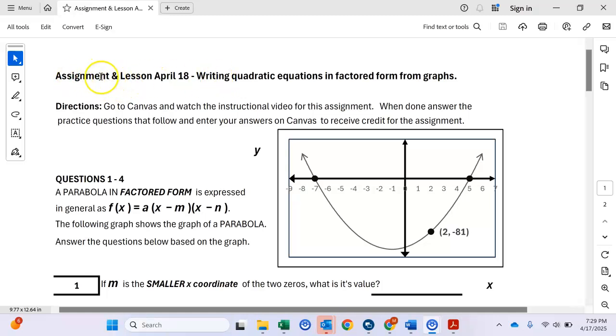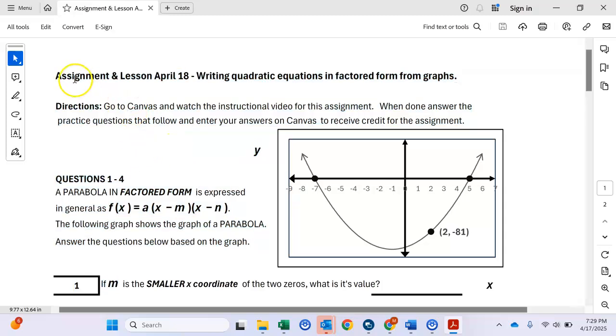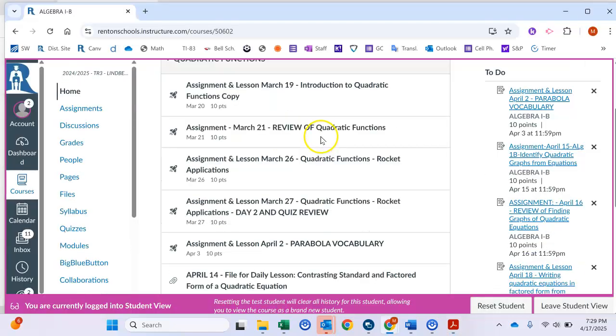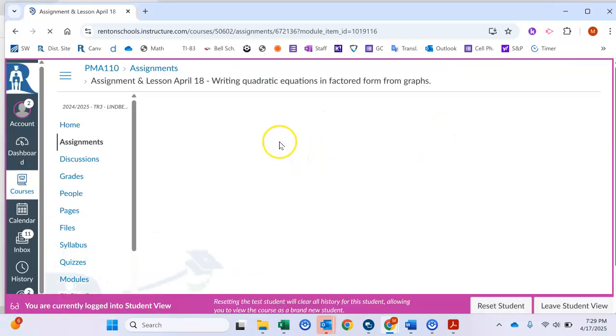Hello, today we are going to be working on this assignment right here. So please make sure you go to translate if you need a translation. And the assignment, you go to home and then you go here, right? And make sure you click on,